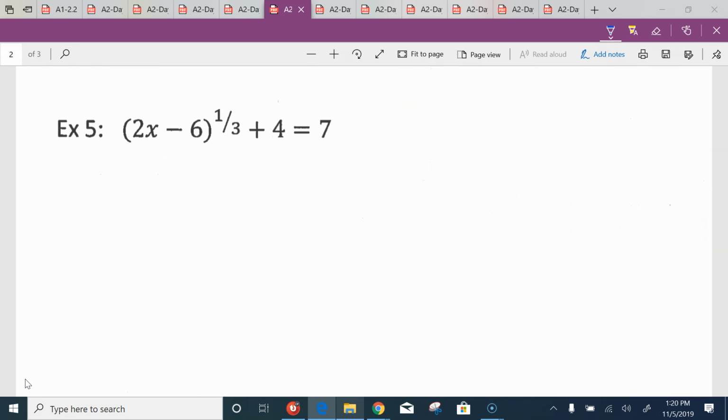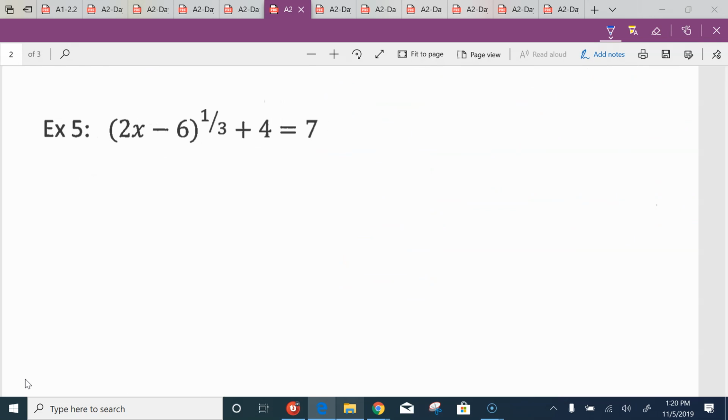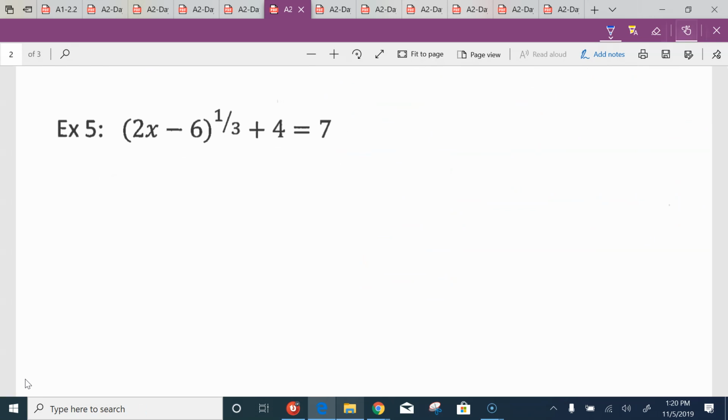Number 5 is going to be multi-step. Before I can get the 2x minus 6 that's in the parentheses by itself, I have to get rid of everything outside of it. So I'll get rid of this plus 4 by subtracting 4 from both sides. When I do that, the 2x minus 6 in parentheses, the 1/3 power falls down, and I get equals 7